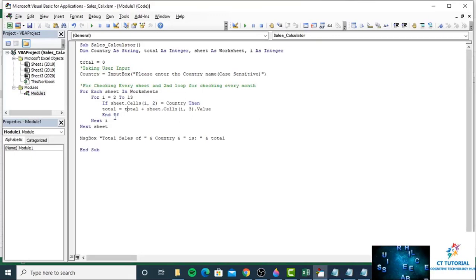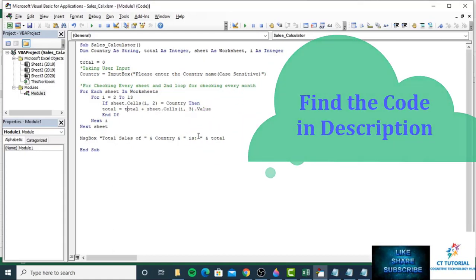So end if here, next I means till the time it's not 13 it will run, and then next sheet. If the 13 is completed in the first sheet, then it moves into the next sheet. After that it will take the value from all the sheets and store it in the total variable, and it will give an output in the message box.